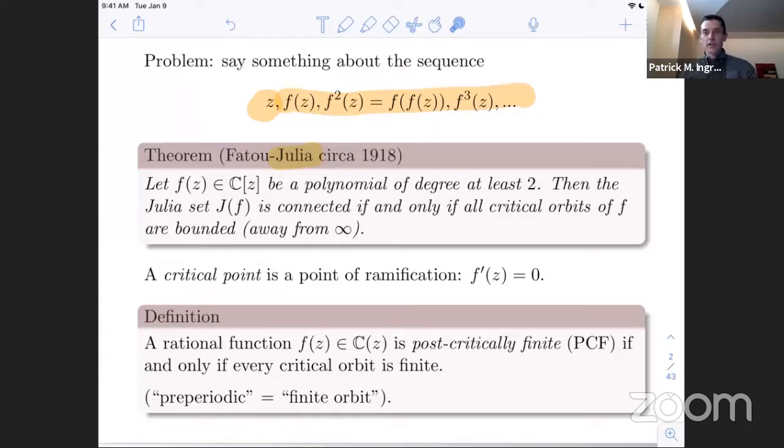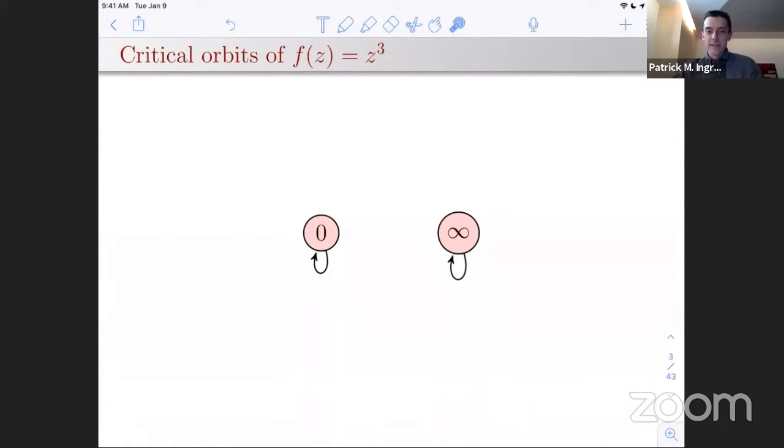So question 1 about these things, of course, is, do they exist? If I stipulate that a rational function has all its critical points pre-periodic under iteration, does that leave out all rational functions? I wanted to give some examples here. Here's a really simple example, z cubed. And of course, you could take z to any positive integer power, I guess not 1. All of my rational functions, unless I say otherwise, will have degree at least 2.